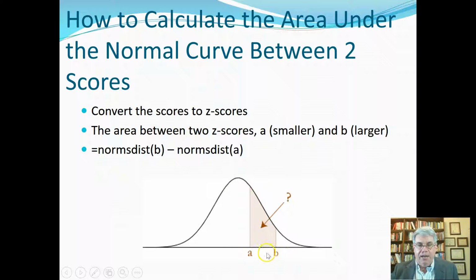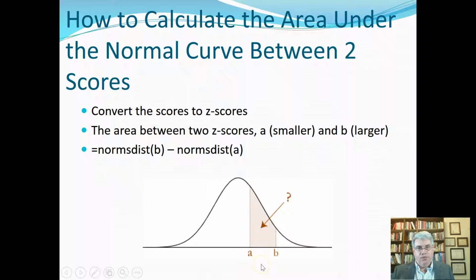B is a lot higher than A, so maybe this was a test where the average score was 80 with a standard deviation of 10. A looks like it might have been 85 and B looks like 95. So the question might be, what percentage of people got between an 85 and a 95? That's what we want to be able to do, calculate this area, which will be the percentage of people